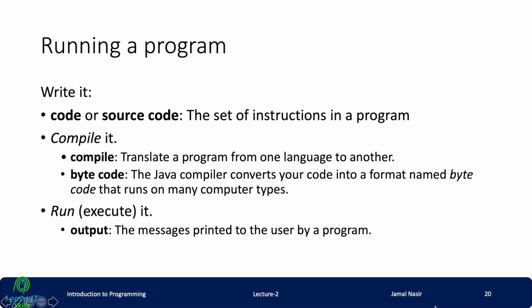Okay, and after this, for compilation, technically you provide the javac command: javac space filename dot java, and it will compile it. If it has no errors, then you have to execute it. After the execution you will get the output, so the message is printed to the user by the program, or it will do the task that you mentioned in your source code. So the java command, java filename, would do this.